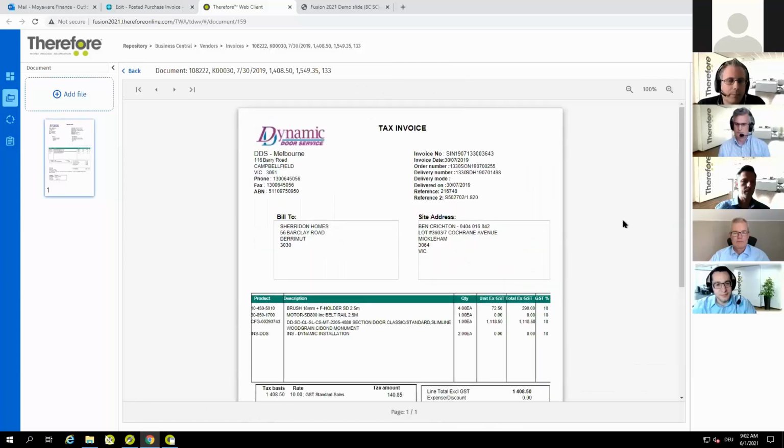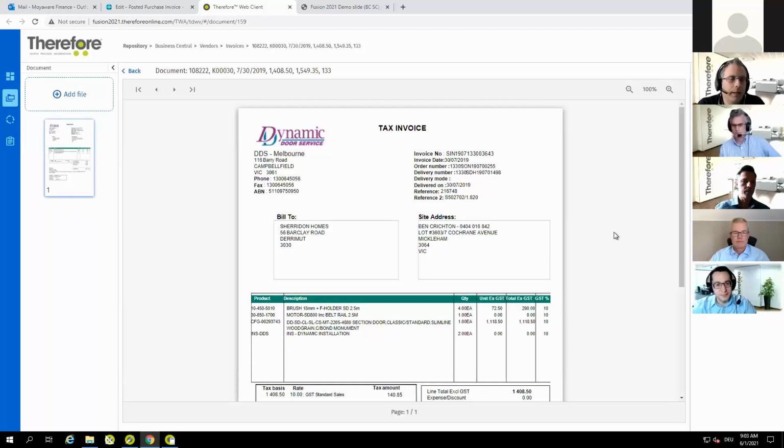Yeah, so that's pretty much the whole flow of the document in our little demo. The flow from getting in by email, getting read and recognized using our Smart Capture service, being put into the right spot inside the Therefore system, and also being registered in the background directly in the ERP, in this case Business Central, for final processing. The last bit of the demo, I want to focus now on the new web client, on the Therefore Dynamic